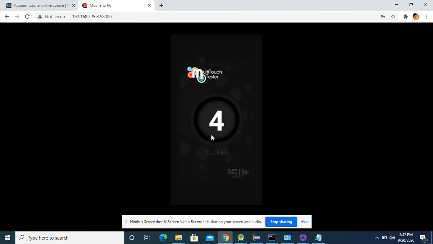My first touch is somewhere over here. I guess this is the first x coordinate, and this is 50% of my width, that is 0.5. When I say 1 is the full width, this is 0.5.